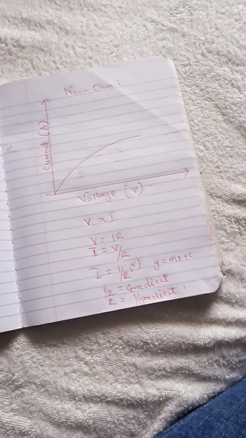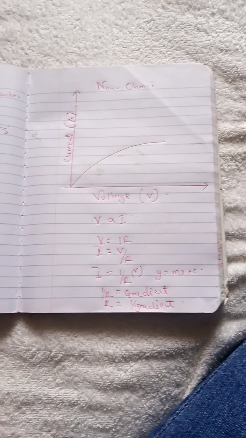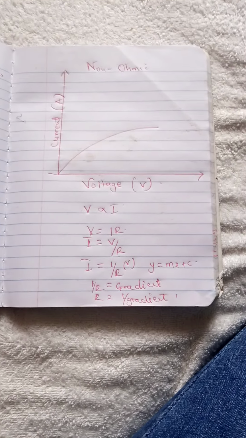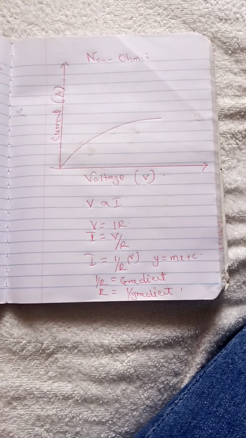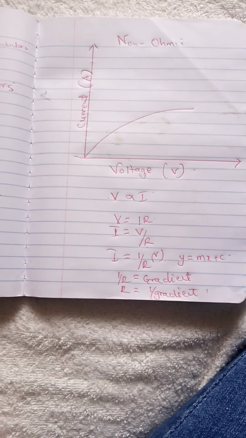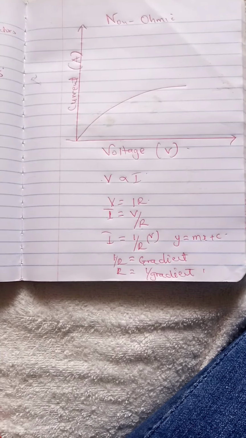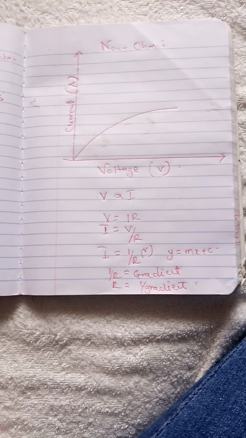So we were talking about ohmic and non-ohmic conductors, and there is the graph of the non-ohmic conductor. It will not be a straight line graph like the ohmic conductors. And then again, the video stopped when I was talking about the calculation of gradient from the current against voltage